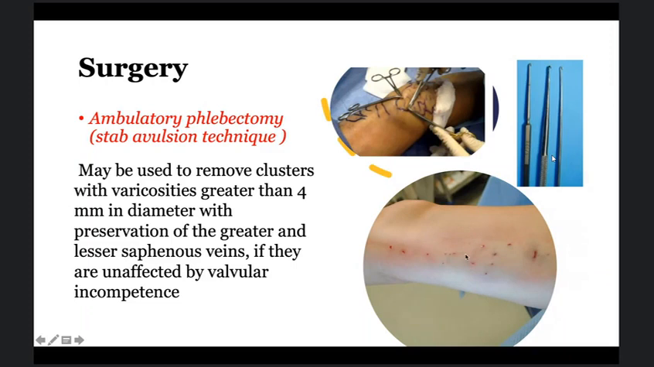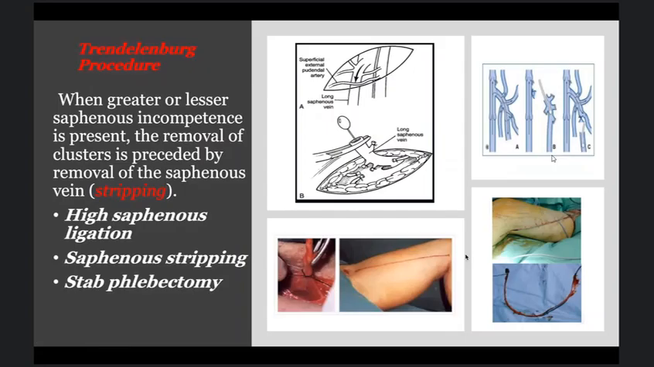Now, we have the Trendelenburg procedure. Besides stab avulsion or stab phlebectomy, we may need to remove the great saphenous vein and short saphenous vein if they are dilated with valvular incompetence. So when the greater or lesser saphenous veins are incompetent, the removal of clusters, that's a stab phlebectomy, is preceded by